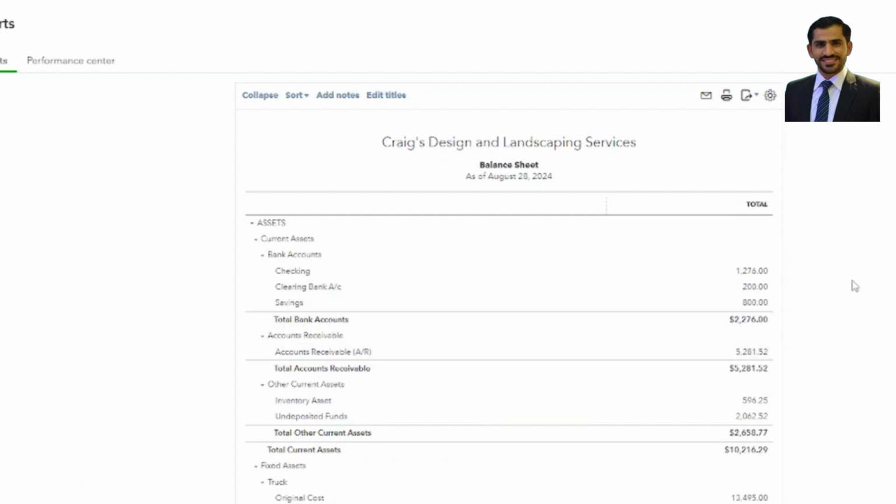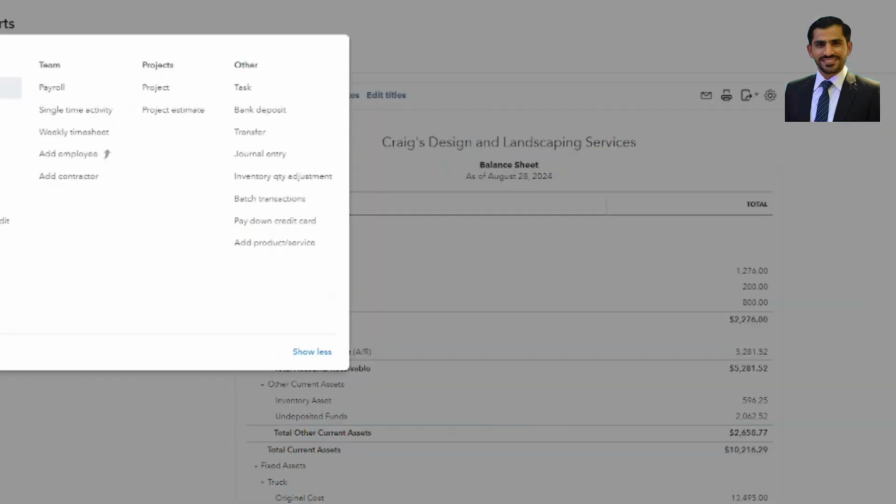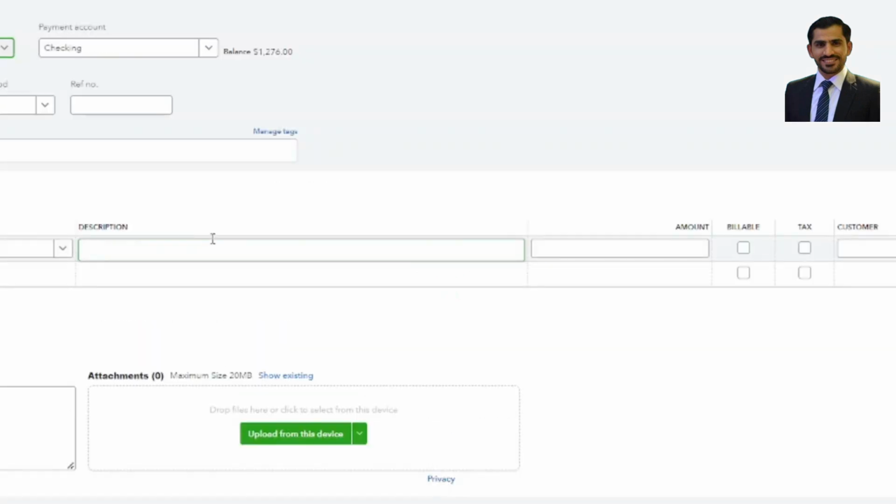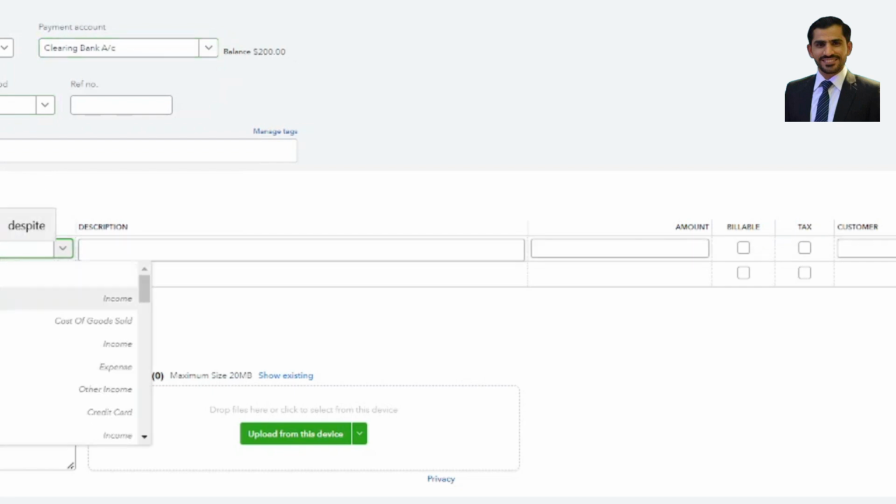So it's a rule that the clearing bank account must be 0. To reduce this balance, I shall create a new expense and select the clearing bank account to zero out this balance. So I shall go to new and create the expense, and here I shall select our new bank. Here is the checking account. I shall select the clearing bank account, and in this way I shall select the category as